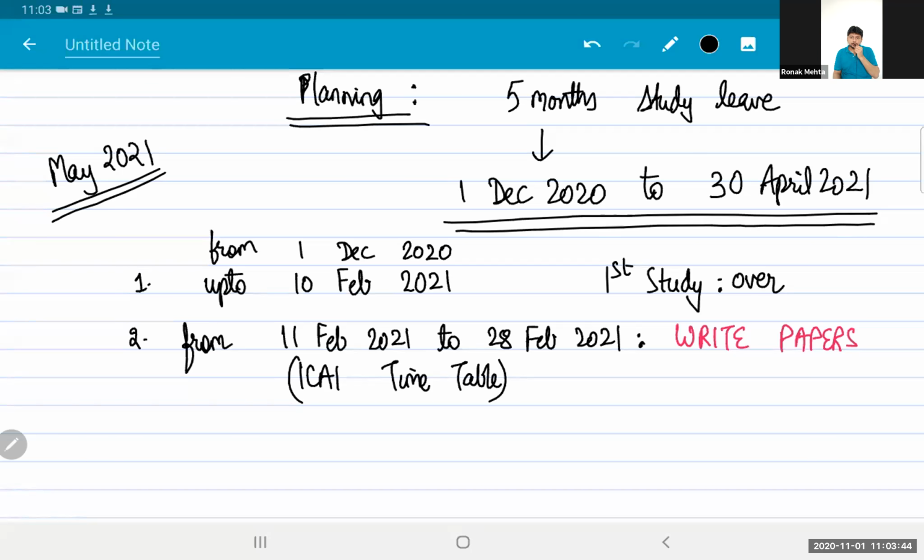But it's a suggestion. What if the compulsory question is such that you are aware of that question? You have just solved that question. You are aware about all the adjustments in that compulsory question. Then there is no need for you to defer the compulsory question later on. You can write it earlier also. So any faculty cannot tell you the sequence of attempting the question paper. That is a judgment call that the student has to take looking at the paper.